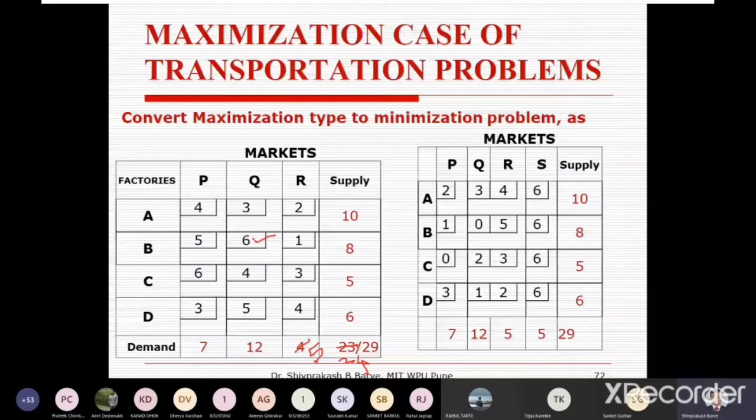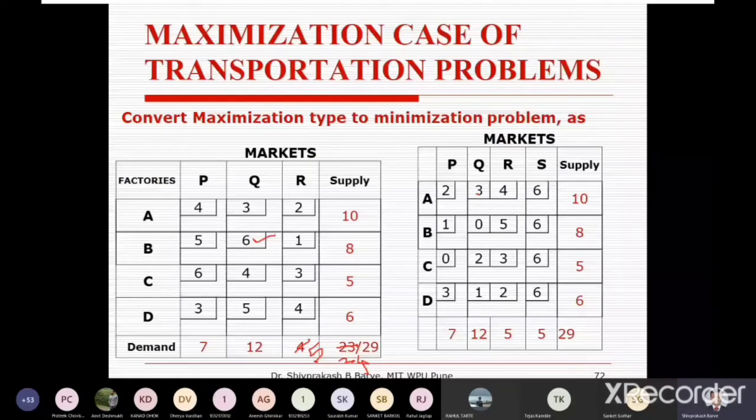So for the highest value 6, now for each and every cell value, subtract the respective individual value from this highest value. So here, 6 minus 4 means 2, 6 minus 3, it becomes 3,